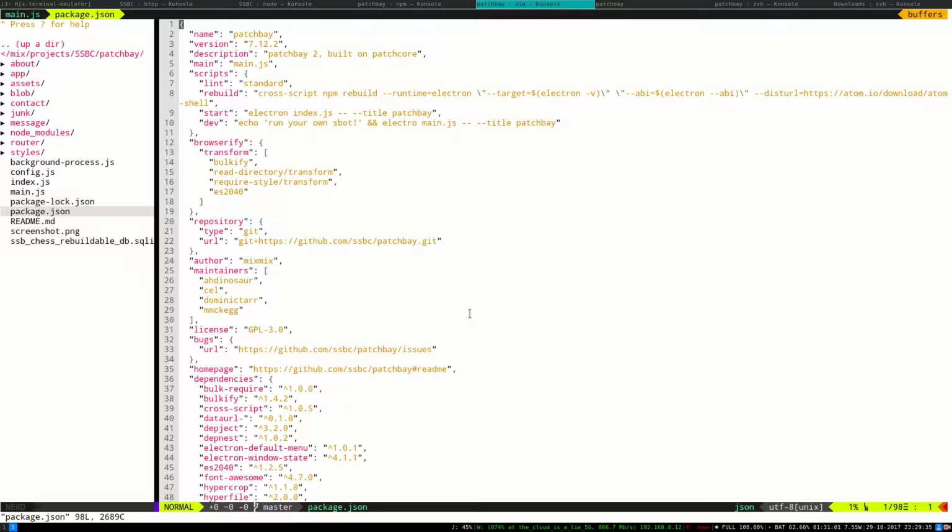Alright, this is going to be a messy speedrun introduction to Patchbay. Here we are in the package JSON. Let's check out a couple of the scripts. It's just a node project. The classic start one